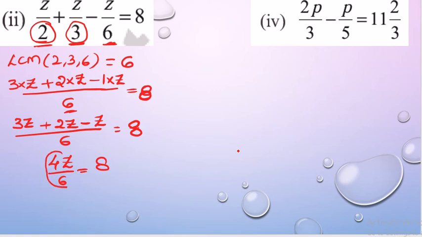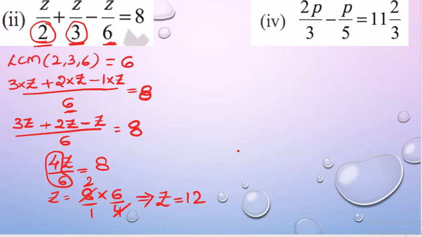So here this is nothing but 4 by 6 into z, right? So z gets written as 8 into this 4 by 6, if I transpose it becomes 6 by 4 in the denominator, then we have 1, right? So in the 4 table this 8 gets cancelled 2 times. So finally the value of z is 2 6s, 12 divided by 1. Divided by 1, if you write it or omit it, no problem. So z is equal to 12. This is the approach we follow for this particular question.